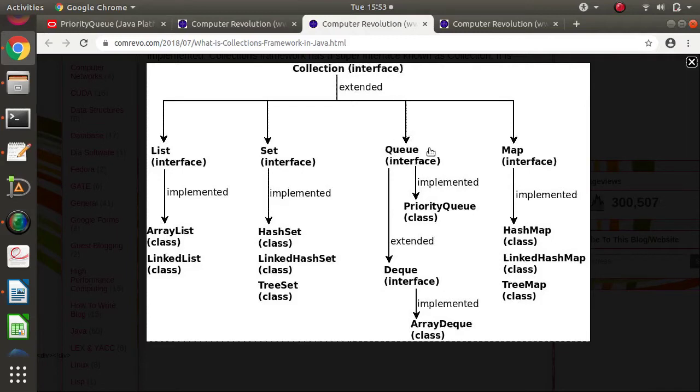The queue interface is implemented in the linked list class, just like list is implemented in the linked list class. In the same way, queue is also implemented in the linked list class. So by using this linked list, we can implement the queue data structure. As it is an interface, we require some class which implements this interface. Similar to linked list, priority queue is a class which implements the queue interface, but it is a special kind of